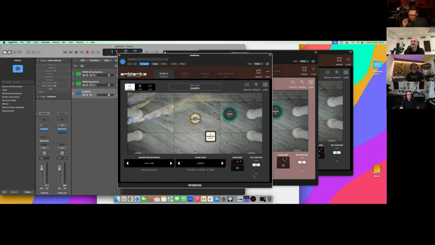Just really quickly, we got a couple of people asking if this is compatible with Dolby Atmos, and I think they mean, is there a multi-channel version of Ambiente that's not just stereo? Yeah, maybe Lele can answer. I have the short answer, but Lele can explain it better than me. So why is it just stereo and not